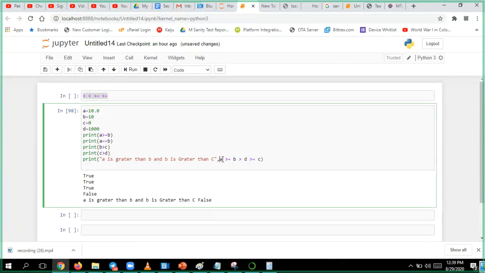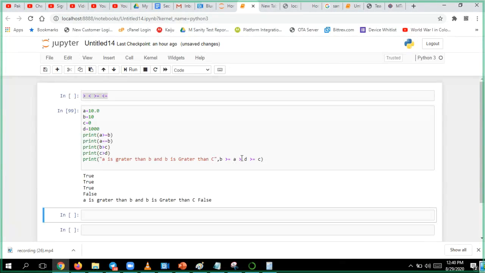A greater than or equal to B, yes, it is true. Then B greater than D. B greater than D means it will treat D as this particular 1000, so it will return false. So what I'll make is B greater than or equal to A, but let me run this.